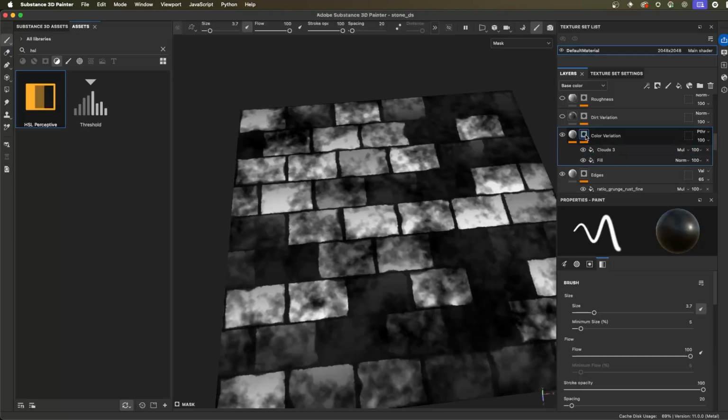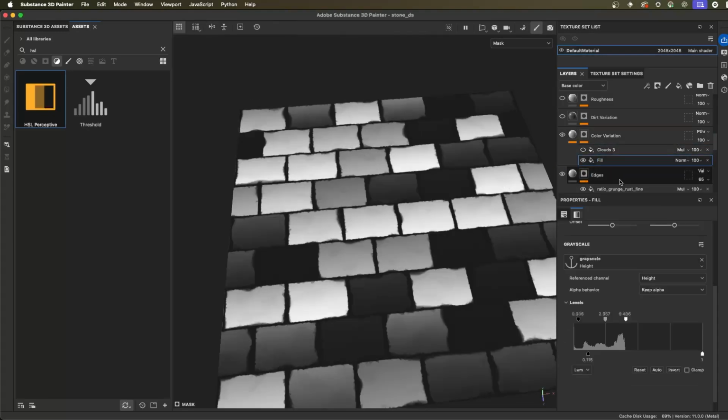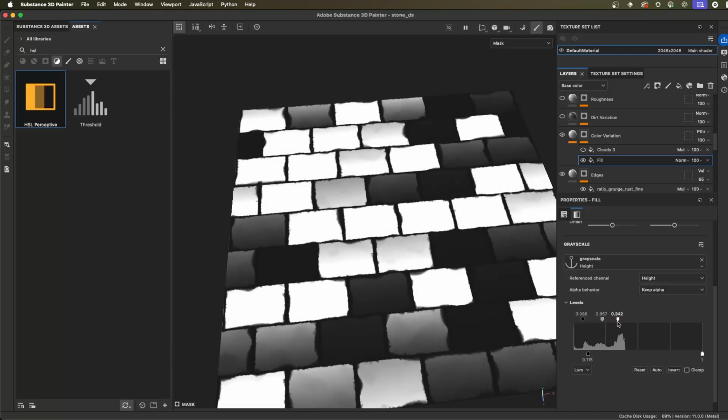But then if we look at the mask to it, it looks like this. We have our fill. Again, here's what we're doing. We're grabbing that height anchor, okay? And then I'm just kind of cranking around on the levels here to get an effect. So let's do, I don't know, I'm just kind of playing with it now. Let's see. Let's do